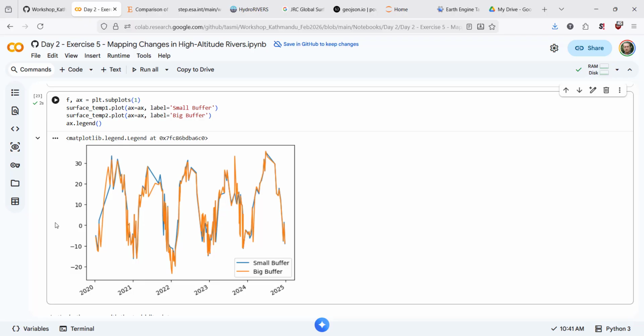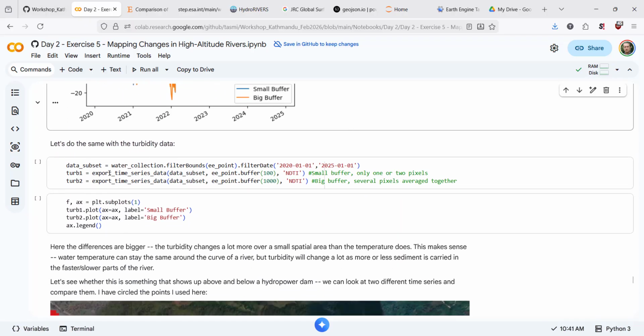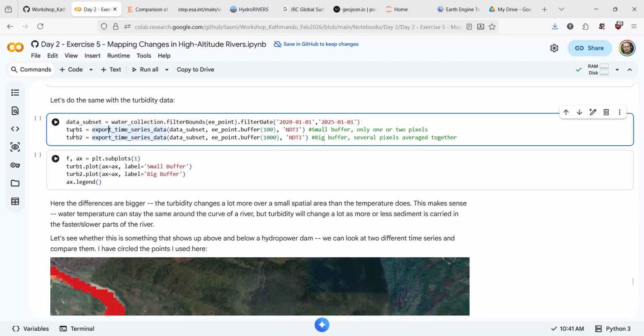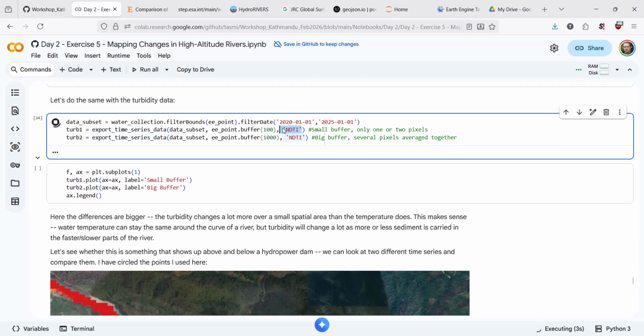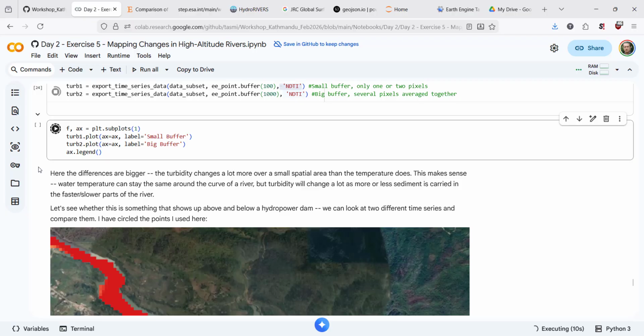We're almost there. So the second thing we can do is run the same code, but now we're exporting this turbidity index, this sediment content, and we can plot the same thing. This will take a second here, but we can see that the effect is pretty similar for the temperature or for this turbidity data. The turbidity data probably has more variability in it over a shorter period of time or